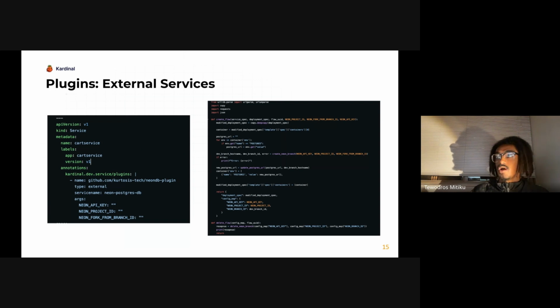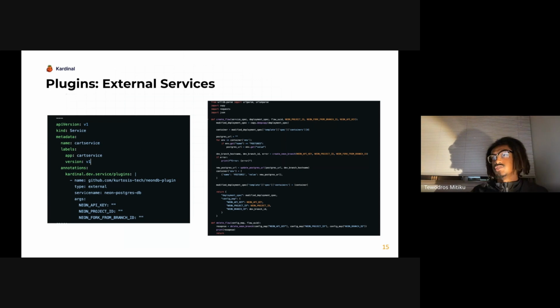And the plugin author, who has coded some Python over here, I know you probably can't read all of it, but the plugin author, me in this case, has implemented the semantics of what it means to have a dev version of that Neon database that we can use. And with external services, the deployment spec of the dependent service gets passed in.